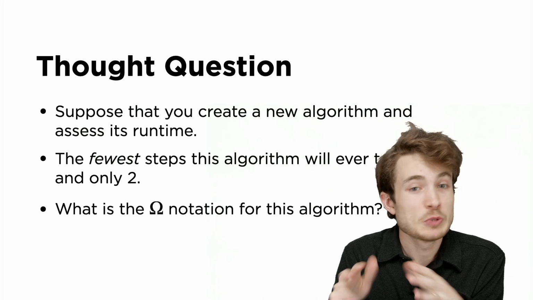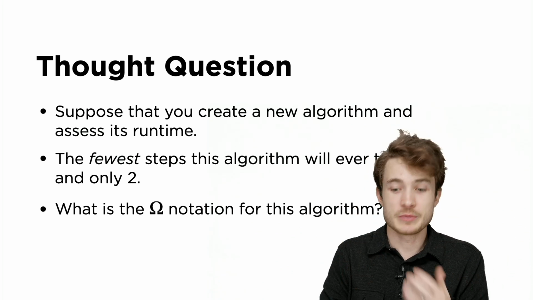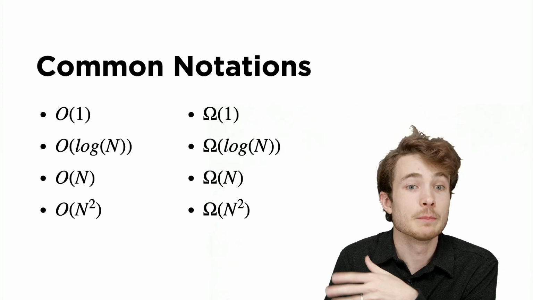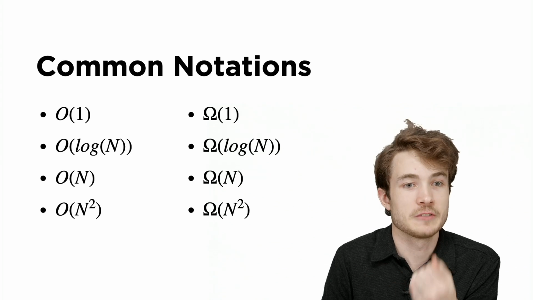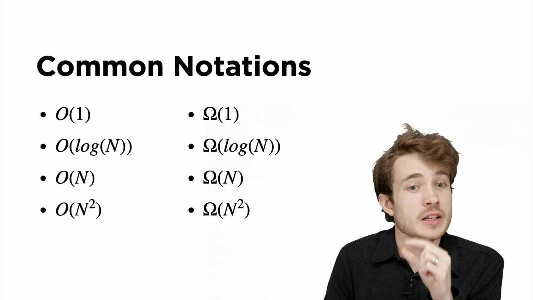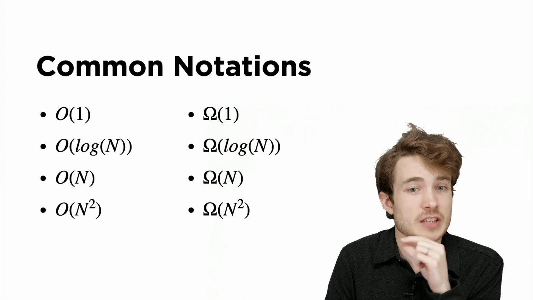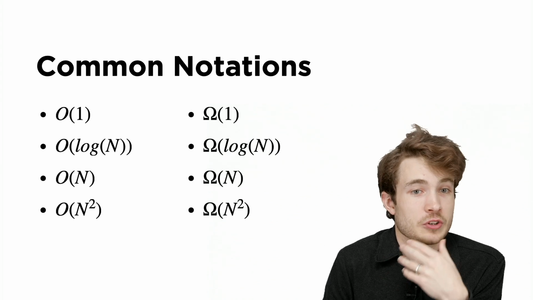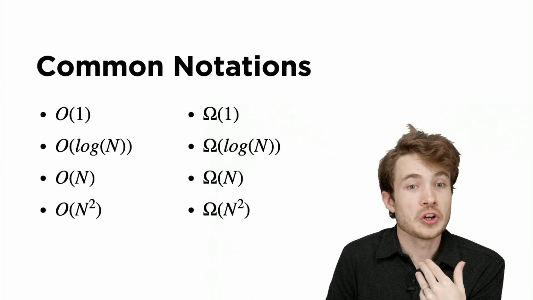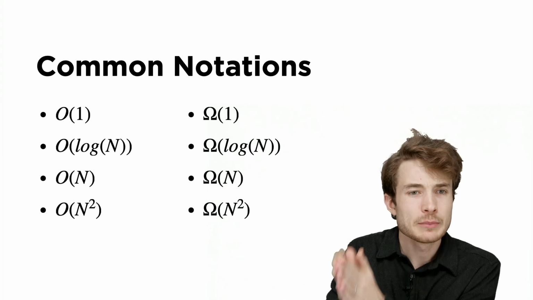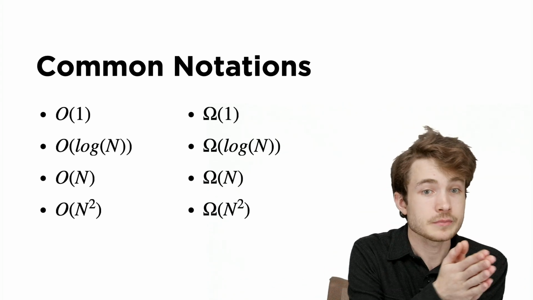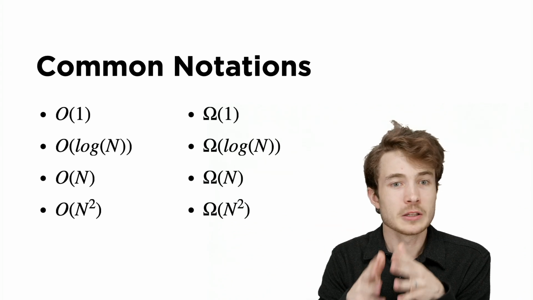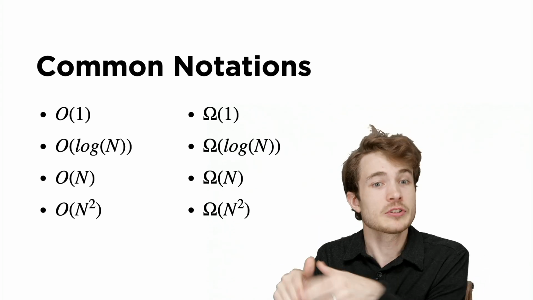So some other notations you might see as you go off and learn more about algorithms are these here. On the furthest left-hand side, you'll see the big O notation, the worst case, if you will. So you'll have algorithms that, in the worst case, take some fixed number of steps. They'll be in big O of 1. There are other algorithms, like we just saw binary search, that operate in big O of log n. They keep dividing problems in half and half and half again. There are still others that operate in big O of n. That means they have to take a look at every individual element they might be searching for.